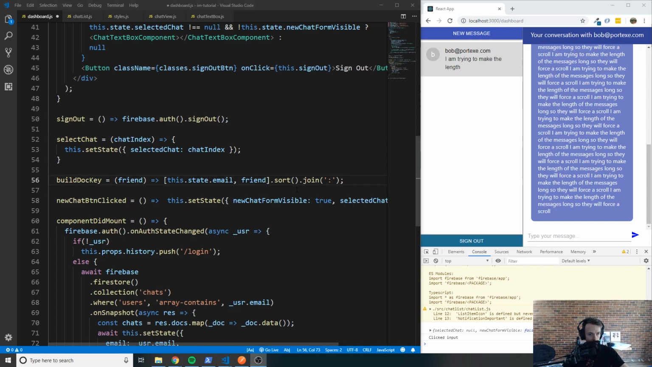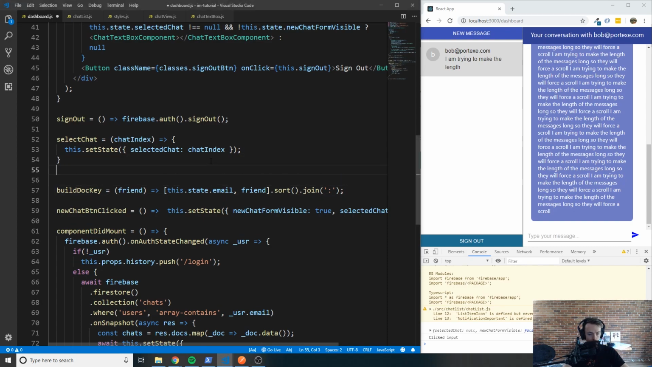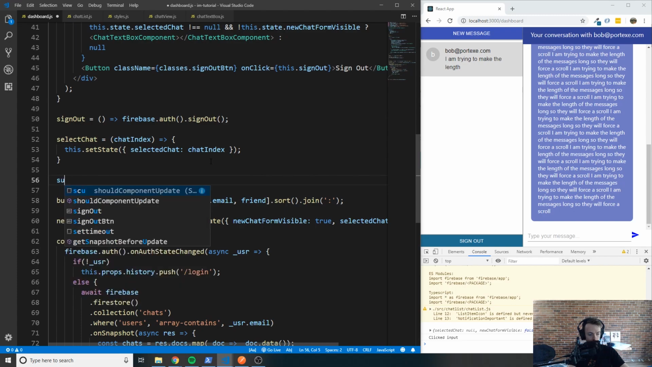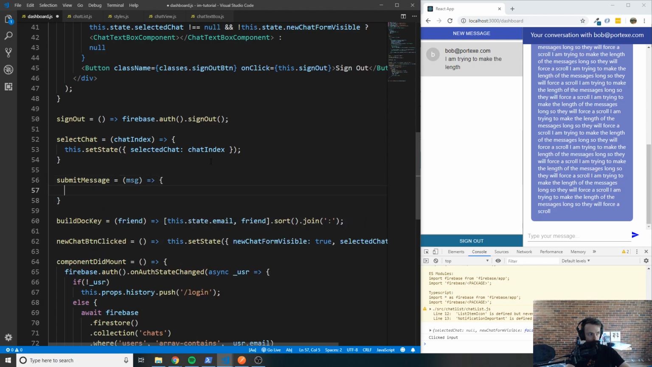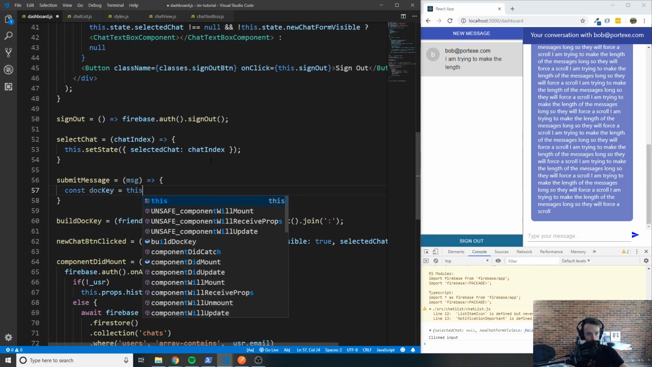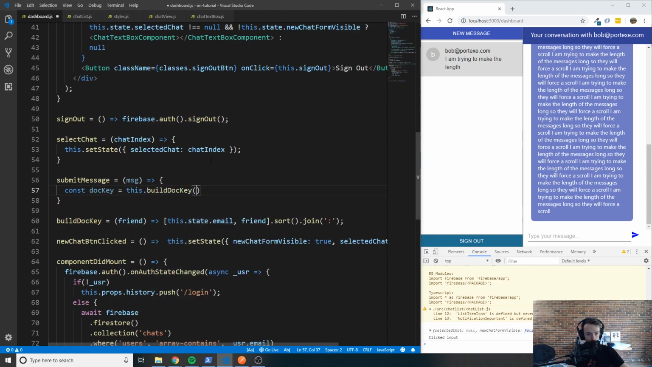So now that we have the build.key function, we are going to create our submit message function within the dashboard component. So submit message, and of course this is going to take an argument called message, and this is what we're going to do. We're going to say const docKey is equal to this.buildDocKey. Now remember, it takes a friend as an argument, so we actually need to get the friend. So what we will do is just say